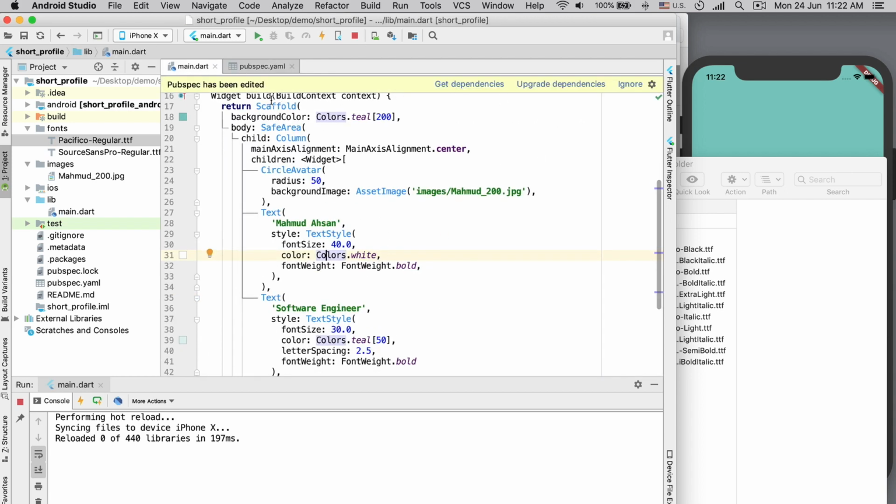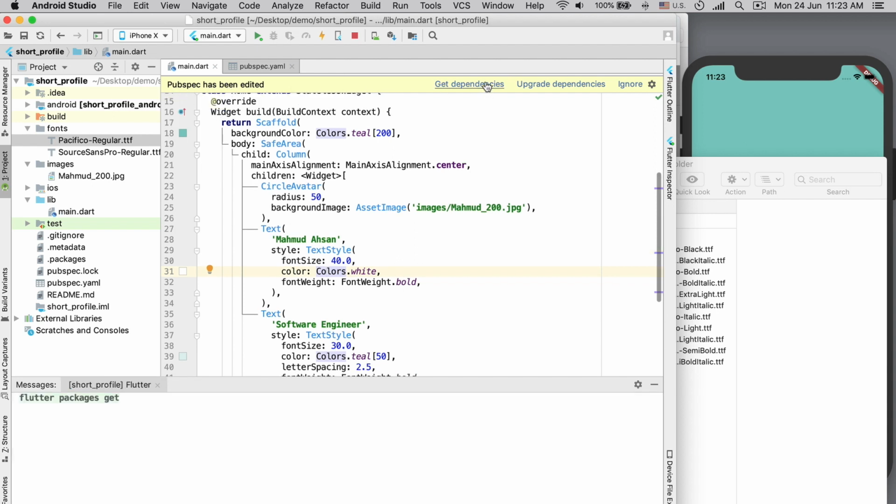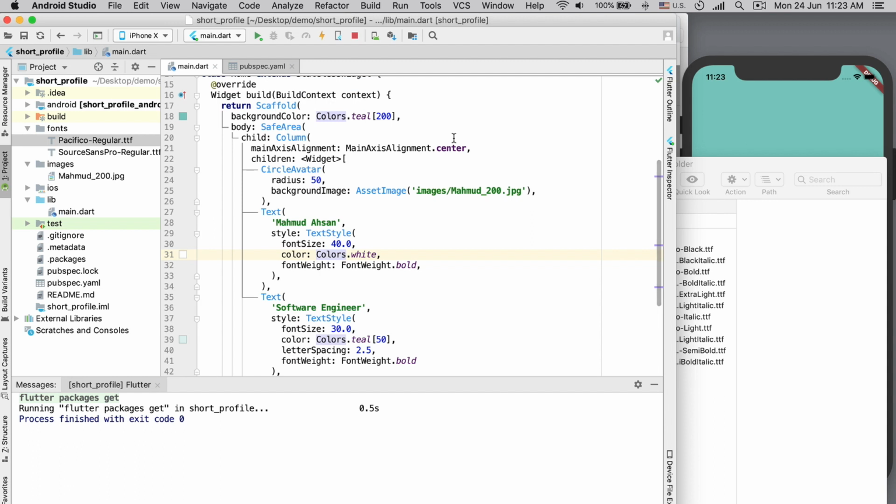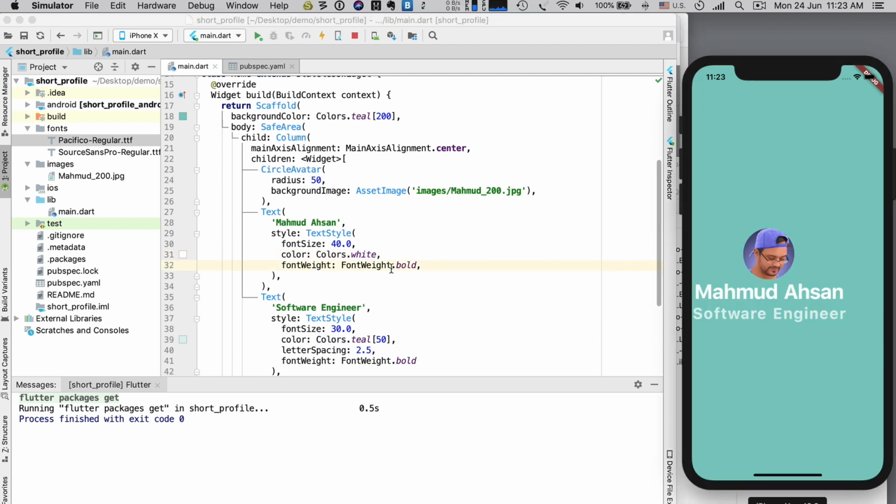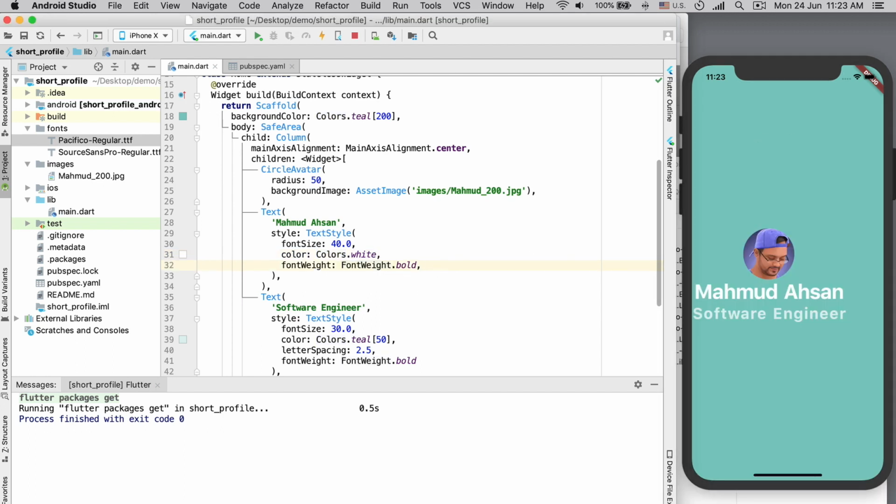Here it is telling that the pubspec has been edited. You can click get dependencies. If there is any dependency we add, that will be imported, but we only added our fonts, and that is from the asset directory. Anyway, let's now use the first font. After font weight, I give the font name. So you have to use the font family. For font family, I will use the